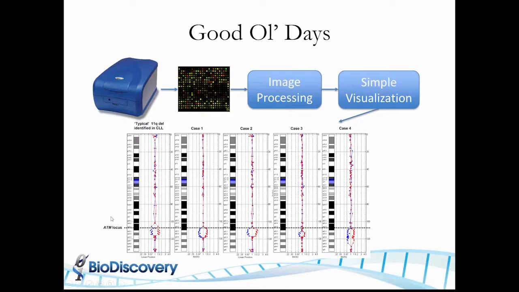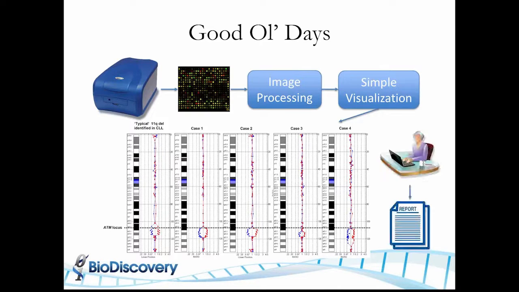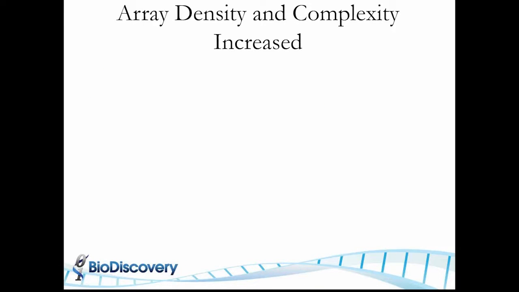This is courtesy of a paper in Leukemia from Combimatrix. So you can nicely see this event here, which I'm not sure if it's a gain or a loss at a particular band. So generating a report was relatively easy back then, but as the array density and